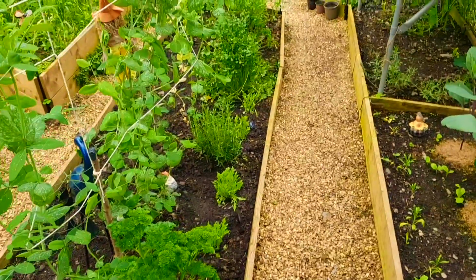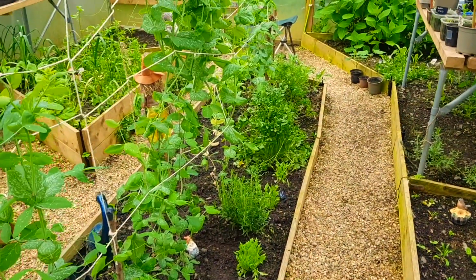Anyway, so we've done leeks and the pot at the end, and we've put out the Romanesco and uncovered the bed. There's the robin. So Romanesco later. We need to get the Romanesco in that bed. So I'll have to come back out and do that. So I'll see you again soon. Bye for now. Bye. It's 7 o'clock in the evening, and I've come back out just to put the Romanesco